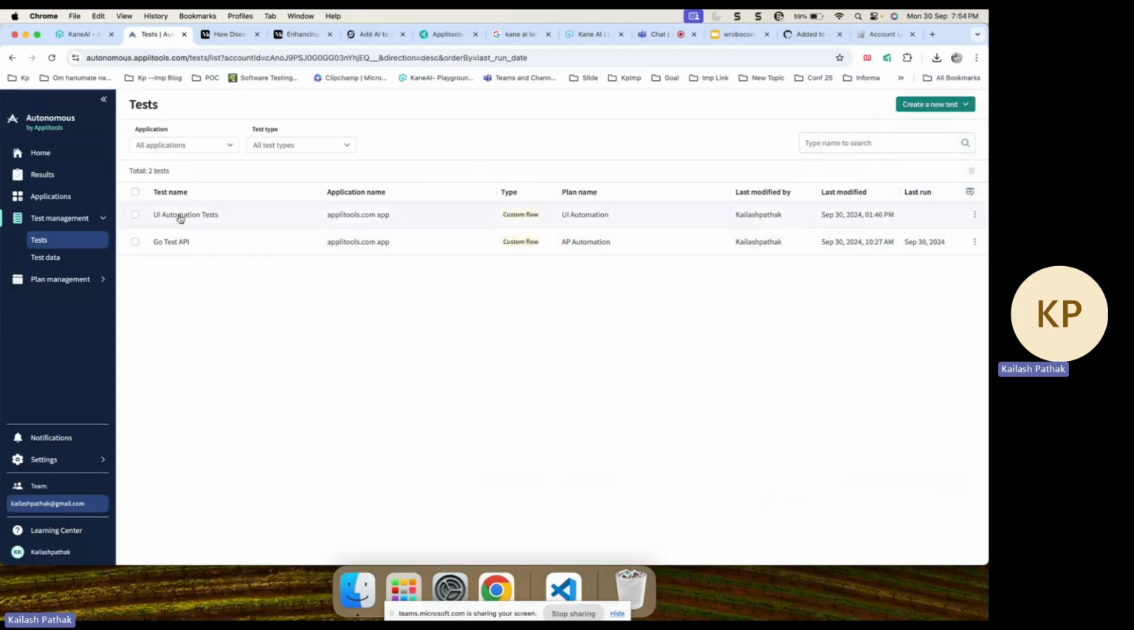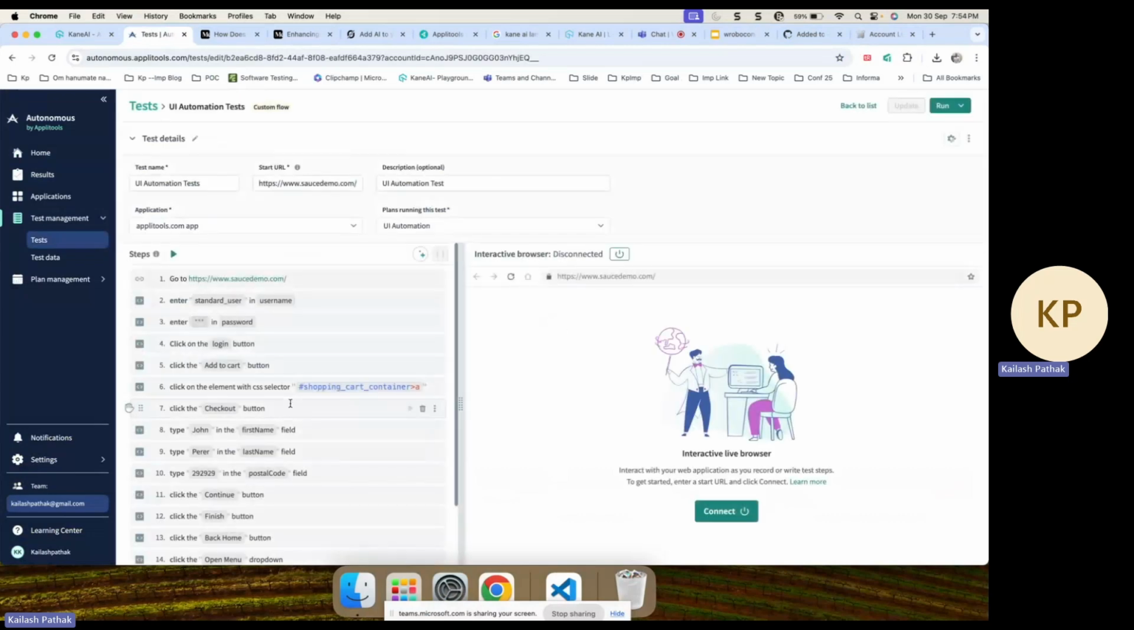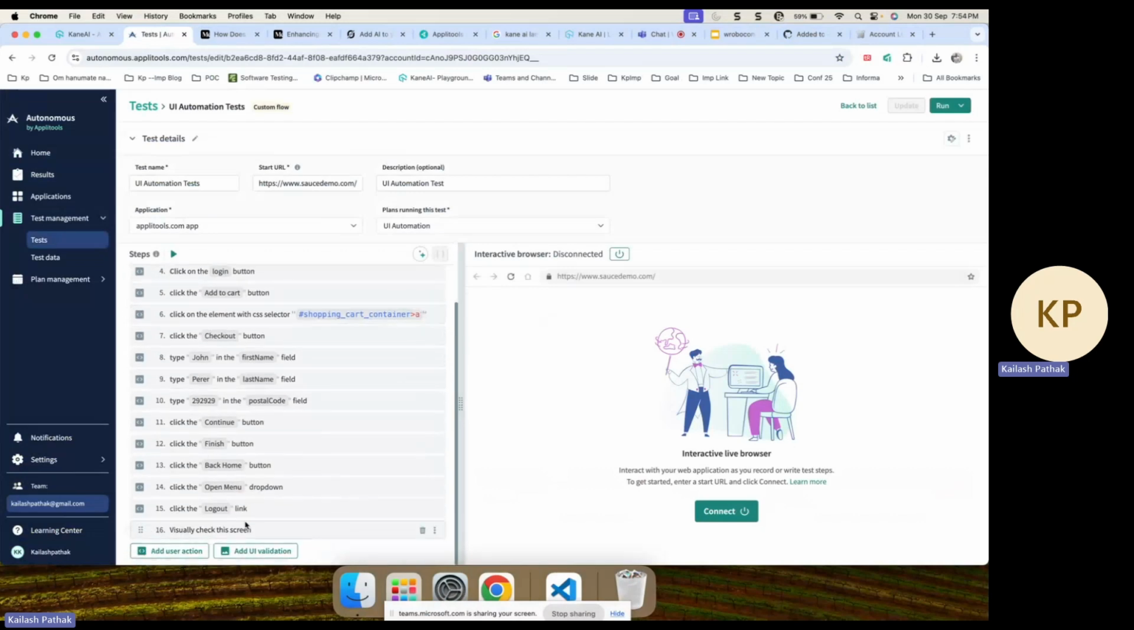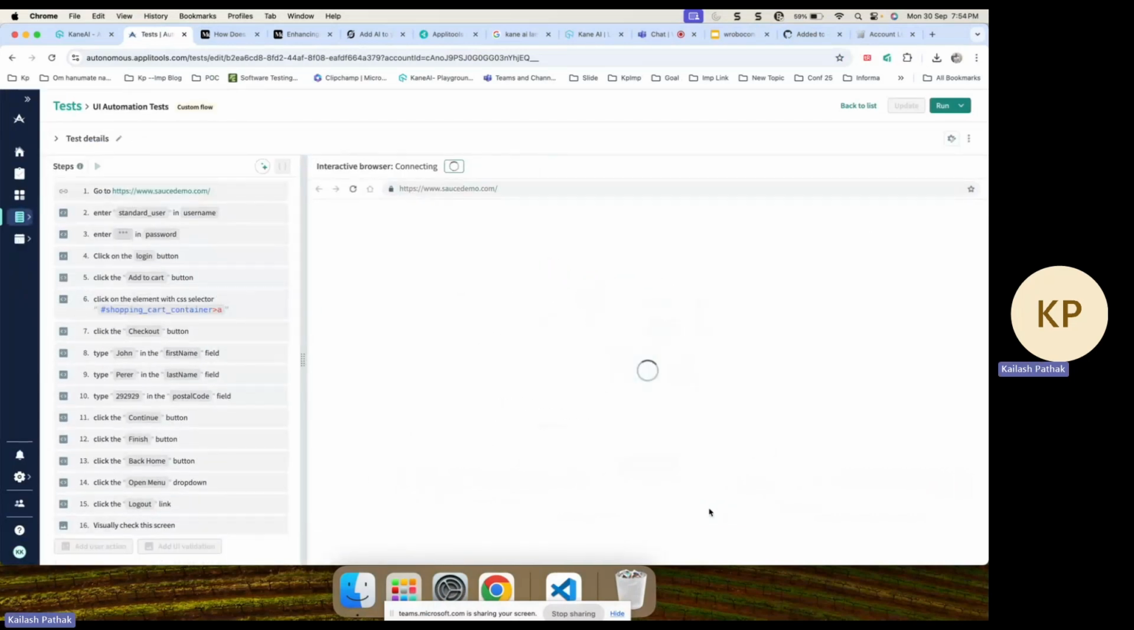So let me quickly show you the UI automation that I did here. You can see I have recorded some steps here. It's very plain English, like go to this, enter this, and then finally I am logging out. Let me quickly run this so that you can understand how useful these types of tools are. The good thing about these tools is that if there is a change in the UI or a change from the dev side,